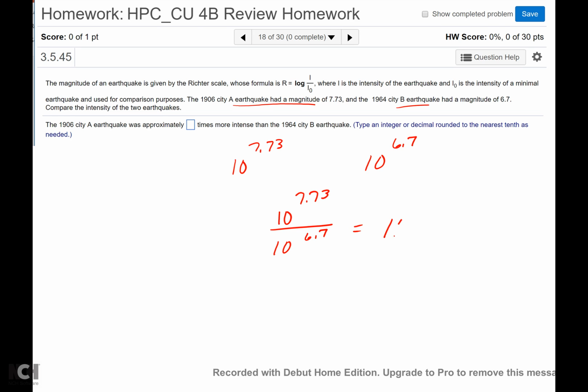When you do that, the bases match, you subtract the exponents. So 7.73 minus 6.7 is 1.03. So that is how much stronger the first